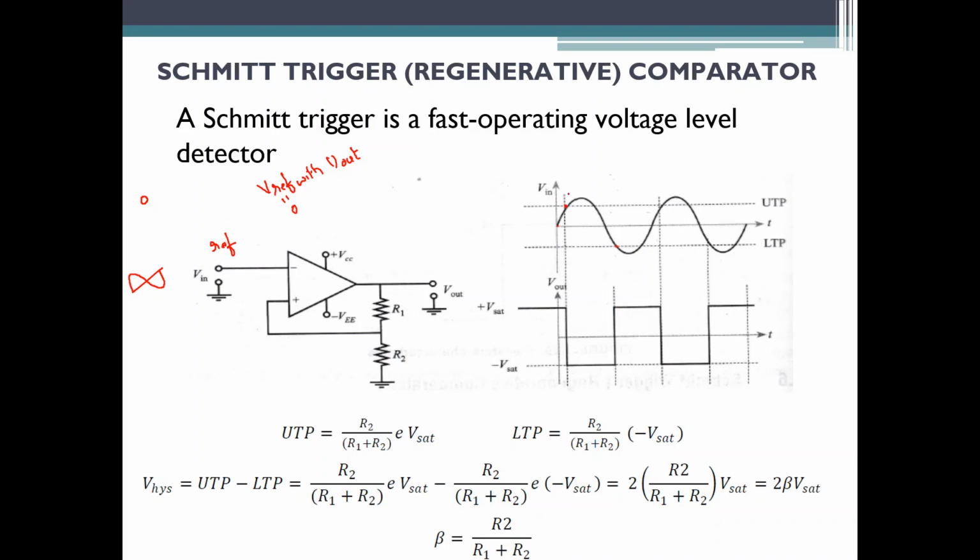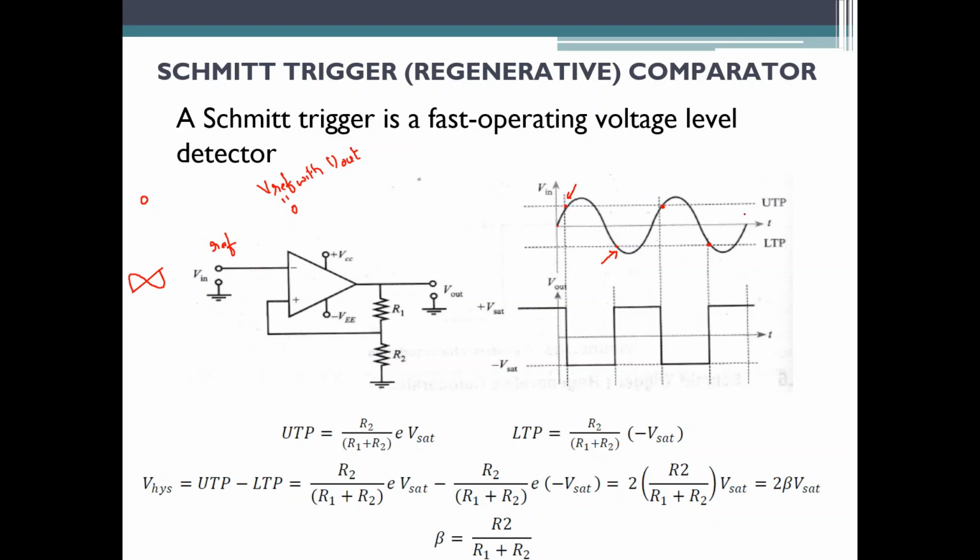So basically, these are the two reference points I have set for my Schmitt trigger circuit. As I am using positive feedback here, by the time your input voltage crosses the positive peak of the reference voltage, your output will become minus V saturation. And it will remain in minus V saturation until the input voltage crosses the lower peak of the reference. Once it crosses the lower peak of the reference, your output will come to positive V saturation. And this phenomenon is going to repeat in your Schmitt trigger circuit.